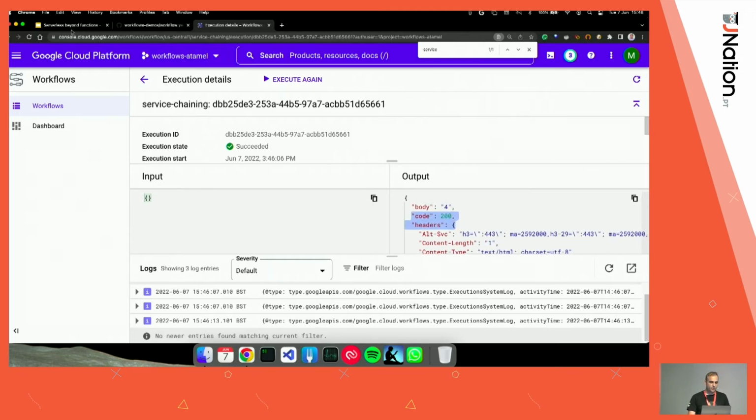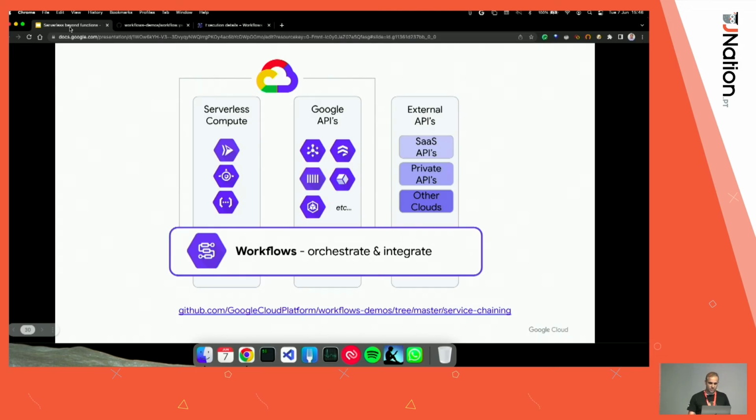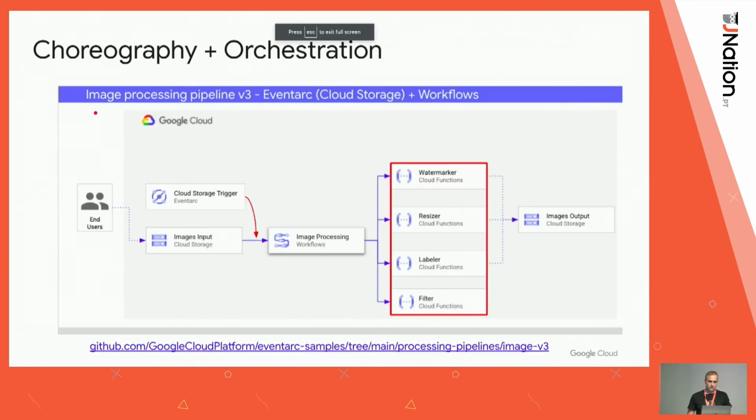So that's how you can do orchestrations. This is a very simple example, but you can imagine the kind of things that you can do here with workflows. Now, what I have also seen is that once you have event-driven systems and once you have orchestrations, you don't have to actually choose one or the other. What usually happens is that I see people combining them together as it makes sense.